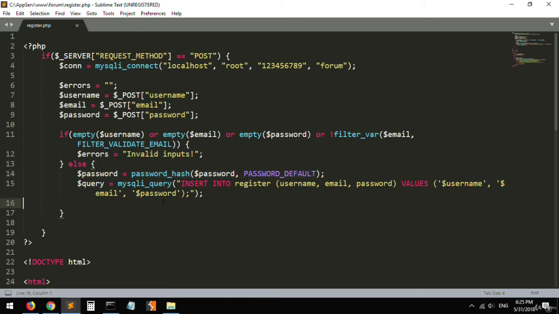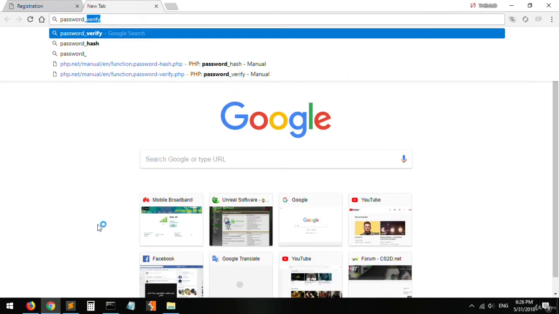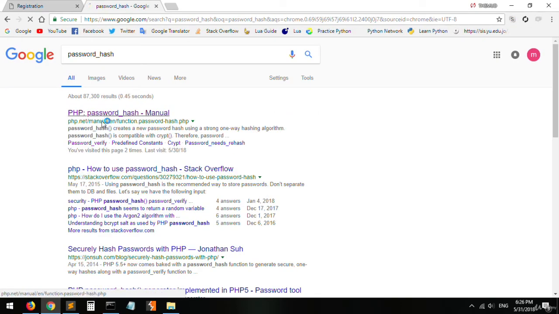What is this value? Now the password hash is actually a built-in function in PHP, and it turns this string here into a hash using this algorithm. Once again, it turns this string in here, which is the password input from the user, into a one-way hash, using this algorithm. And why am I using this algorithm? Because if you open the official PHP manual,